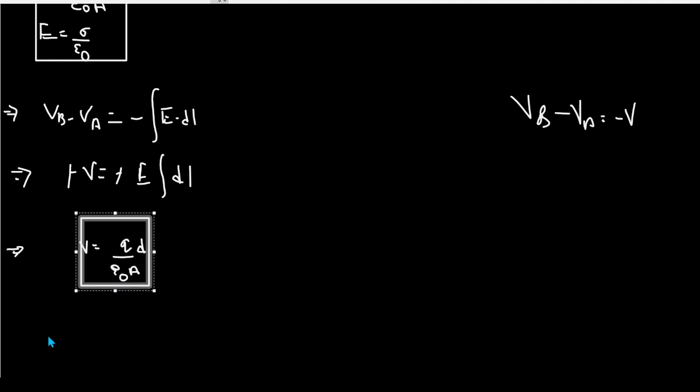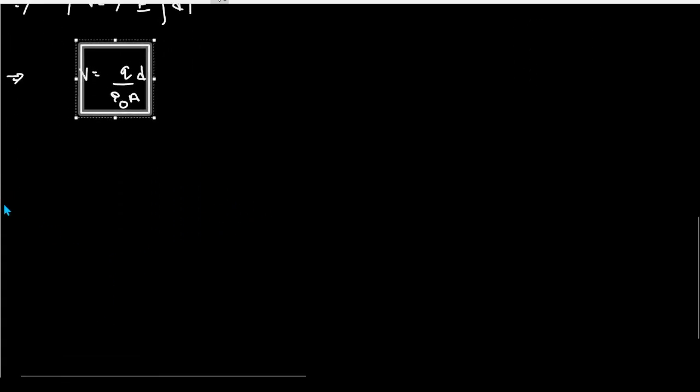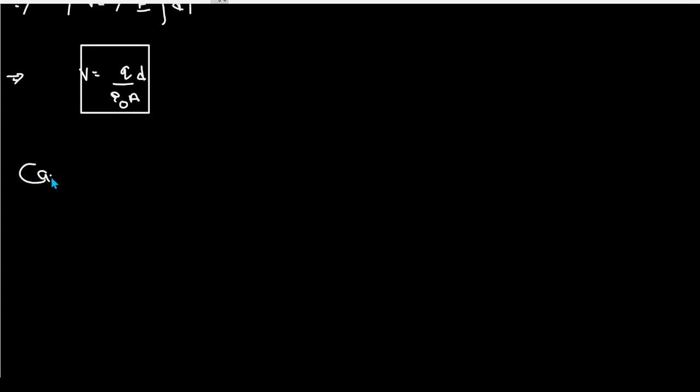This is a very important equation, and with the help of this equation we are going to derive our expressions for the potential energy and also the capacitance. Now, how can I derive the capacitance from this? If you all remember, what should be the formula of the capacitance? Now, the topic is the capacitance of the parallel plate capacitor. So we all know that capacitance is equal to Q by V. Yes, quite simple. Now, if I put down the value of V here,